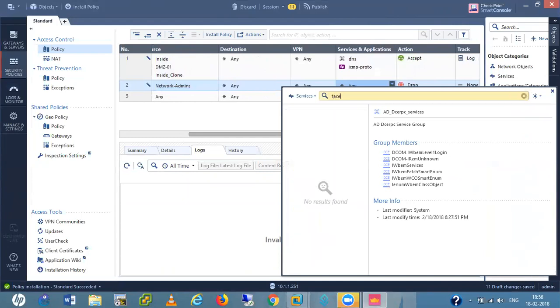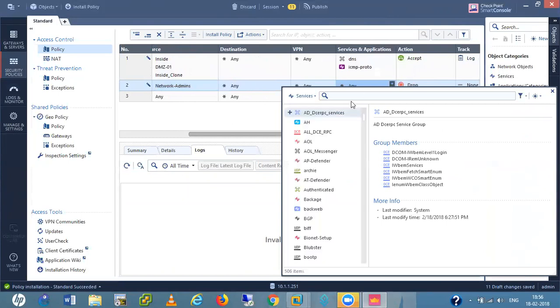Facebook services. If I check the application services, I'm not getting any application detail here.